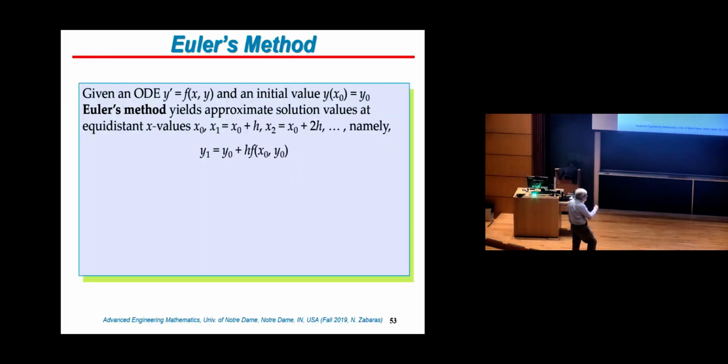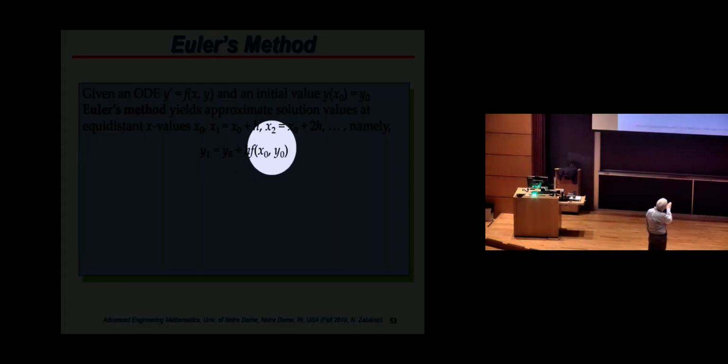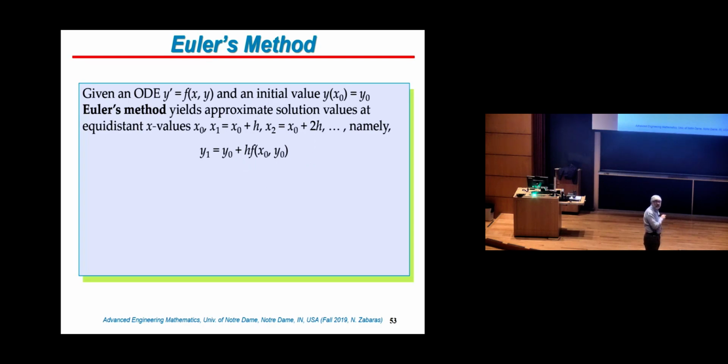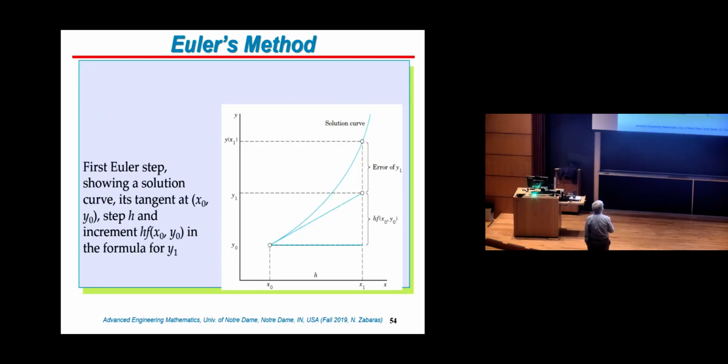Exactly. So for example, if you start with an initial solution at time x0, time 0, right, that is y0, at the next time step that I call here delta t equal to h, all right, that's my next time step, h, that's my incremental time step. The solution y1 is y0, where you started, plus h times the approximation of the derivative, where the derivative is approximated at the initial state x0 and y0. This is what's called the Euler method, okay? And if you want to see this graphically, here it is, okay?